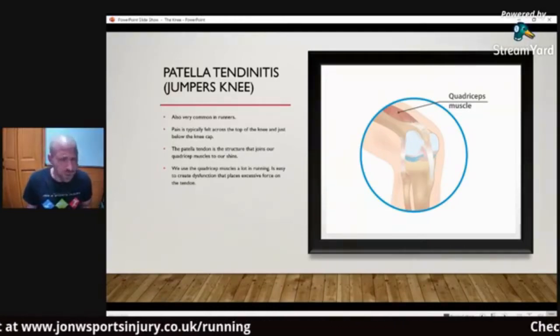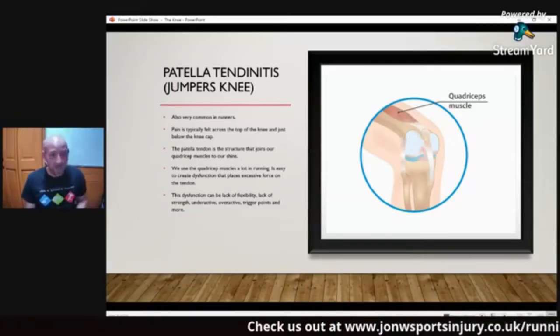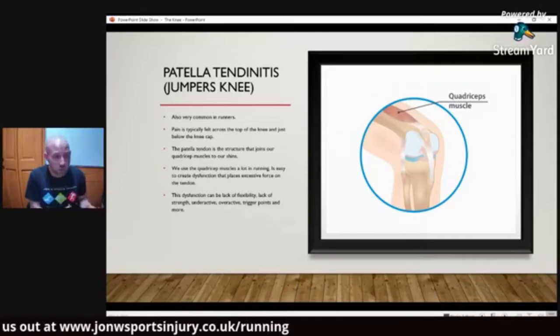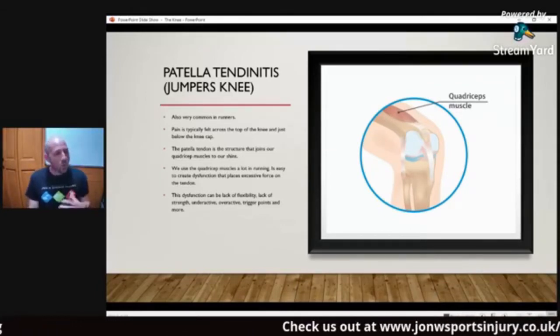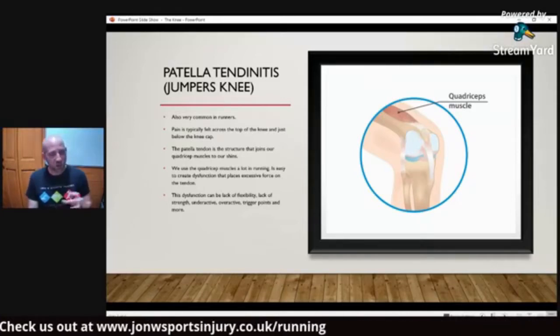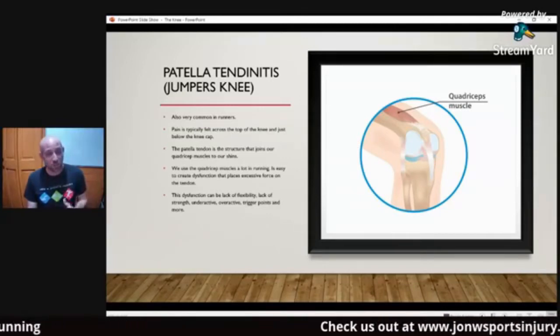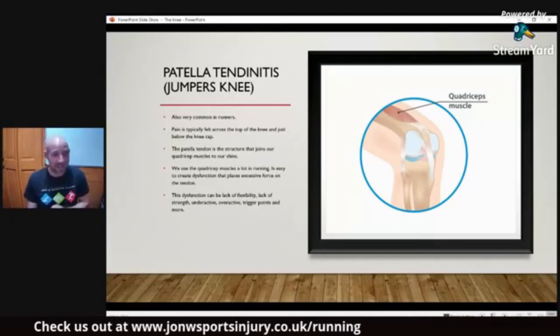Now, I talk about this word dysfunction. Dysfunction can be caused by a lot of things. It can be lack of flexibility, lack of strength. They can be underactive, meaning that we don't use them well enough. They can be overactive, which means that we use them too much. Ultimately, this dysfunction can lead to what we call trigger points. And these trigger points are sore points in the muscle tissue that create excessive force on their structures. So if we get those trigger points, that's when we can get the pain at the kneecap,